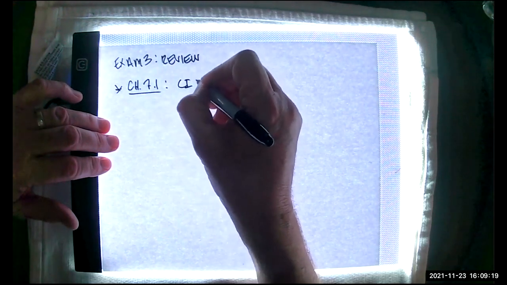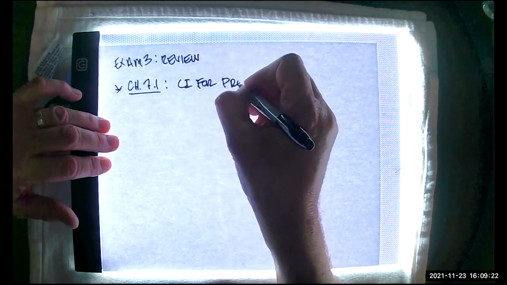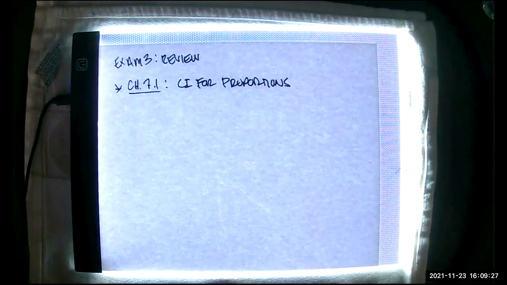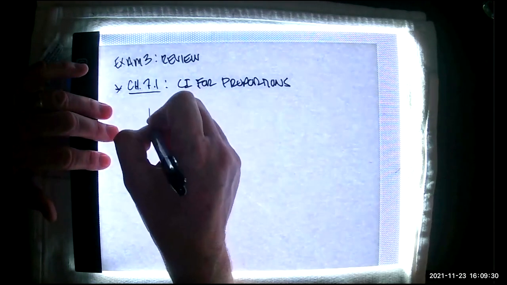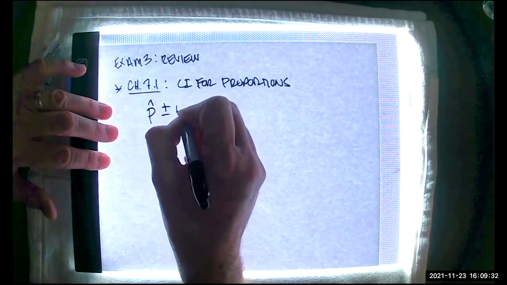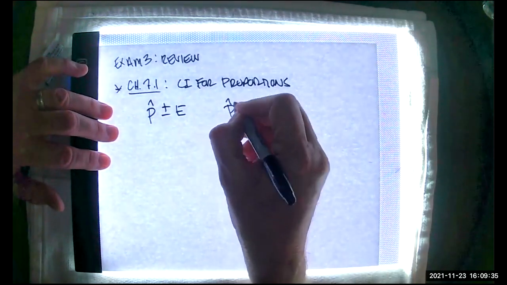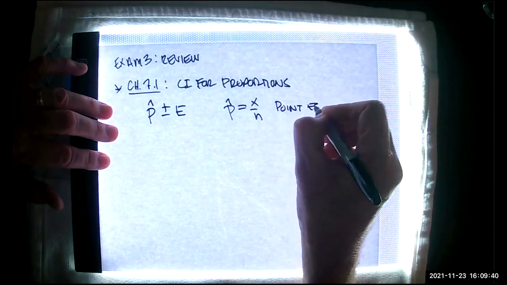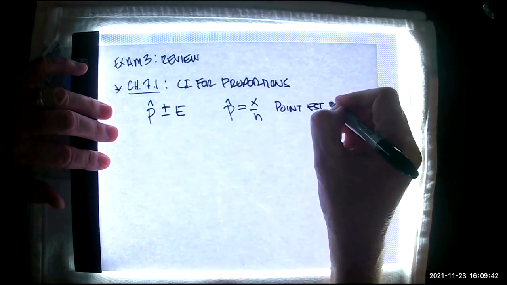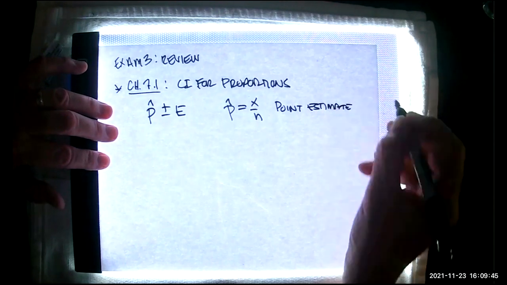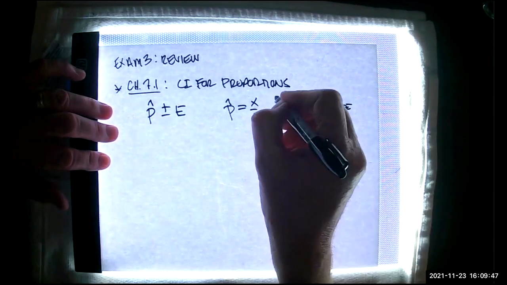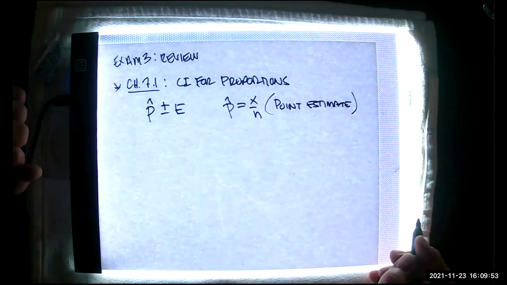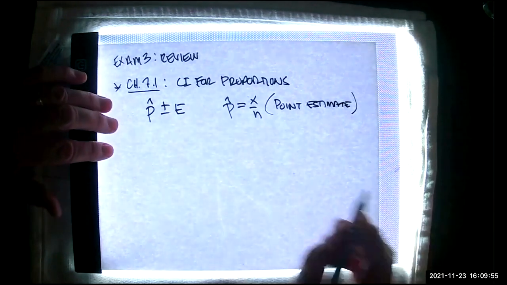Confidence intervals for population proportions. Given a confidence interval, I will remind you that it is built by taking the point estimate p hat, that's x over n, and adding and subtracting the margin of error, E. And I'll put a formula for that up in a moment. It's really not where I want to go just yet. So that's the way the confidence interval is put together,